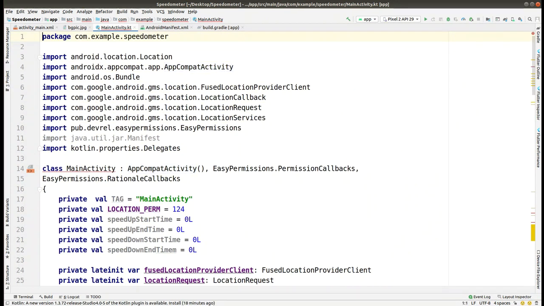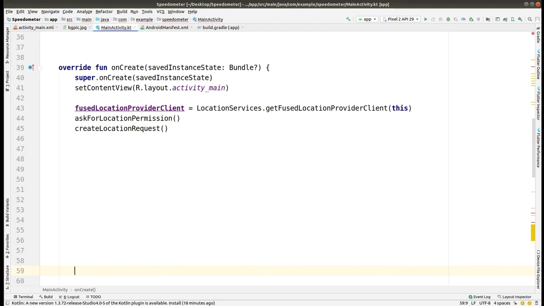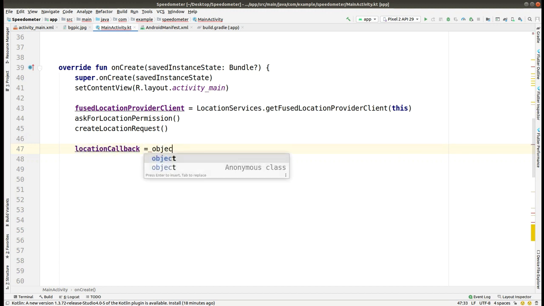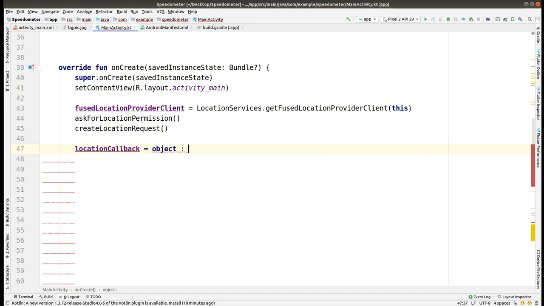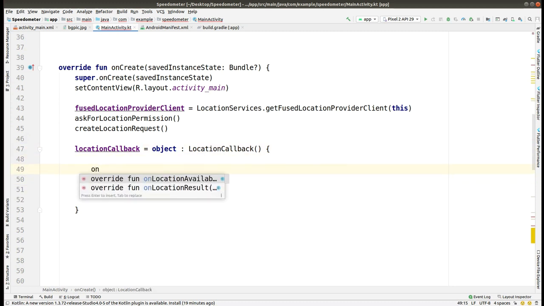So our two functions are created, that is ask for location permission, and now we have to add callback things, and it is the object from the location callback, as we are getting the location again and again, so the callback is necessary. It is a kind of thing that a stack manages the callbacks, and in this if we get that on location results,